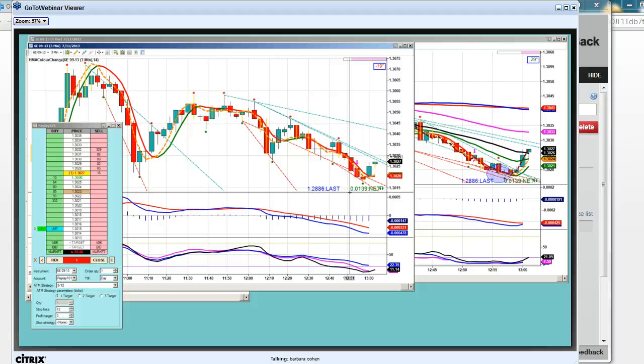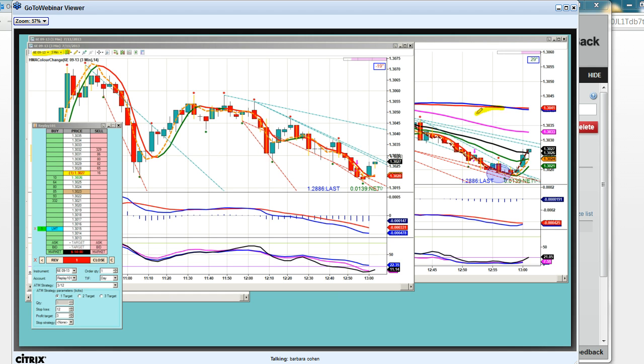Okay, last week we talked about the HMA color change and using the 3-minute chart as our simple chart. This is our simple chart, right? Because we only have the HMA color change. You can add the Linreg 9 if you like. You can use fractals or take it off. You can leave the MACD and Stoch if you like, or take them off. But this chart is a simple chart.